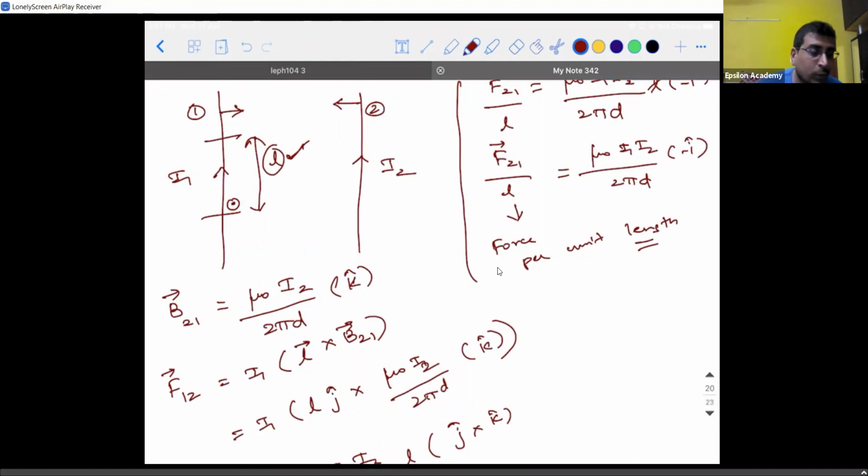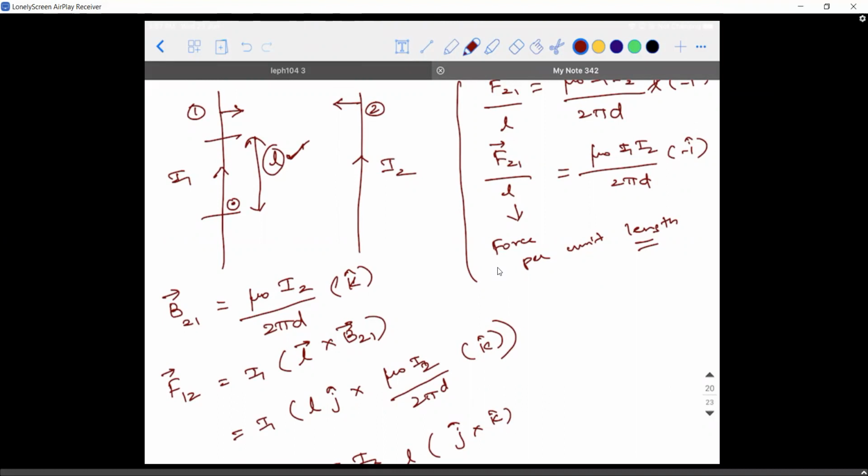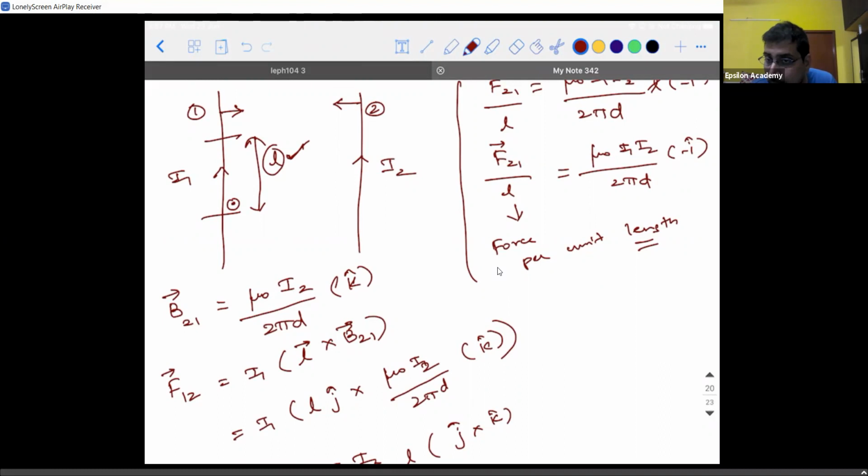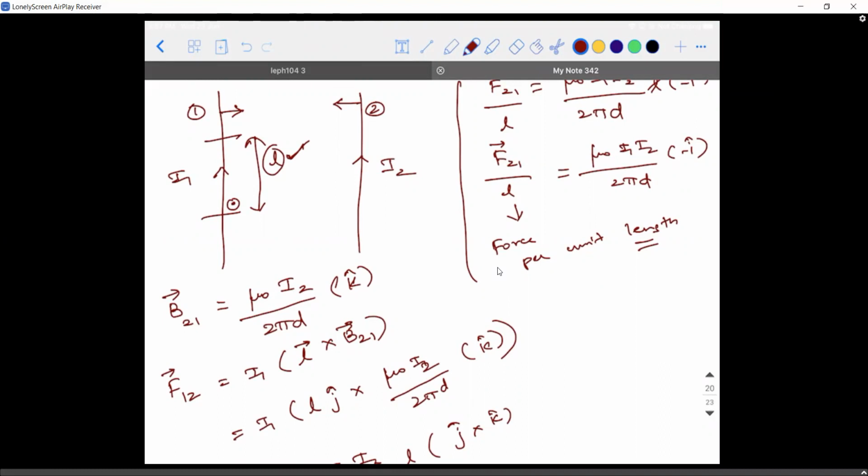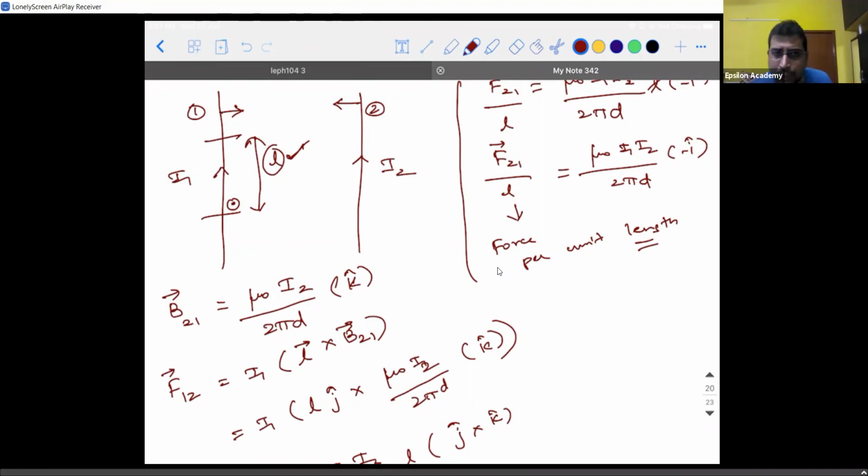What did I say in the beginning? I told you it's an infinite length wire, right? So we chose L. L is some portion; it need not be anything. It can be some portion. See, for infinite length wires, you cannot find the force. Rather, you're actually trying to find the force per unit length only. That is why I'm stressing again and again. Good that you brought that question. So F21 by L is mu naught I1 I2 by 2 pi d.